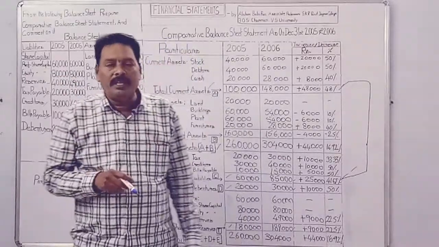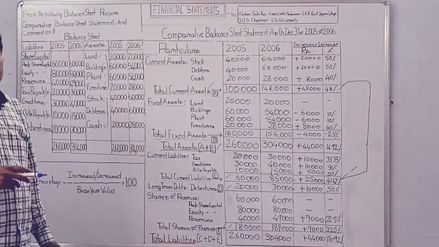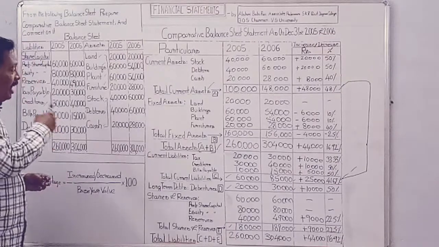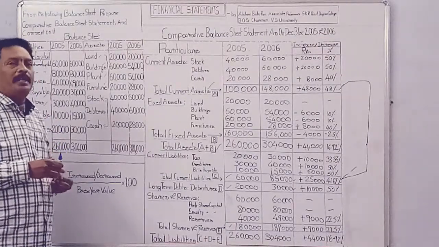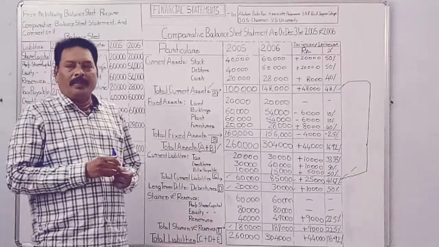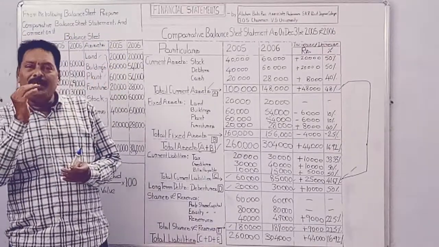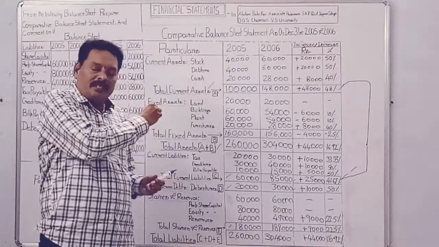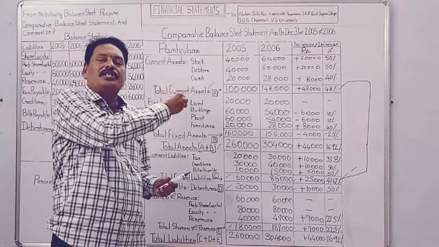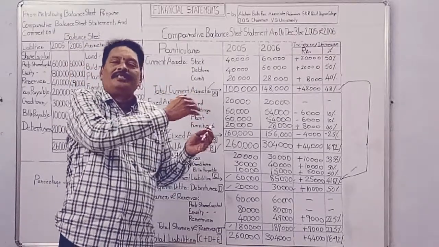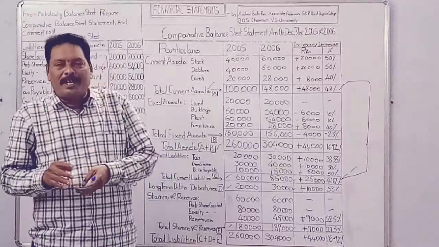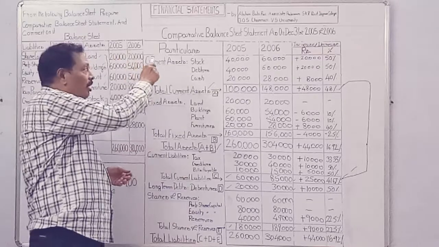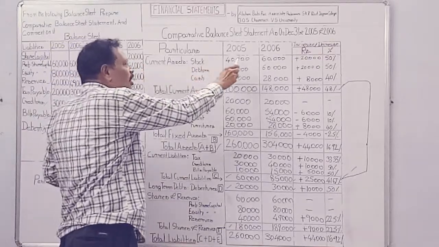The entire information is given in the balance sheet for a particular 2 years period, 2005 and 2006. With the help of this balance sheet, we will see how to prepare the comparative balance sheet. In the previous class, we already discussed the comparative income statement. This comparative balance sheet statement is just like the comparative income statement. When you observe this format, here also the format